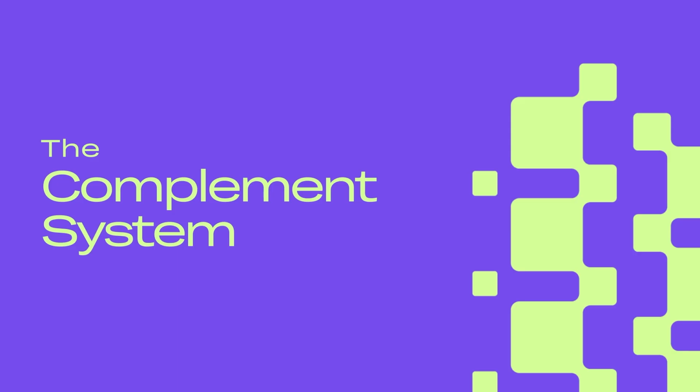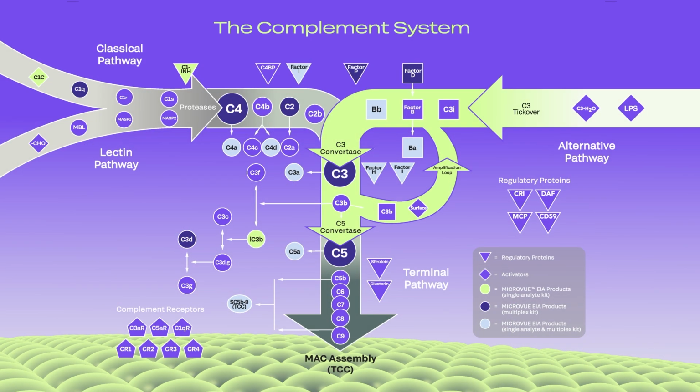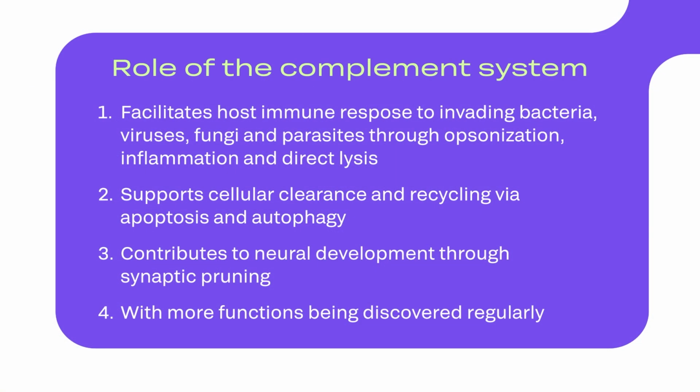The complement system is a complex cascade composed of over 50 proteins that play an important role in various biological processes, including its primary role, facilitating host immune response to invading bacteria, viruses, fungi, and parasites through opsonization, inflammation, and direct lysis, supporting cellular clearance and recycling via apoptosis and autophagy, contributing to neural development through synaptic pruning, with more